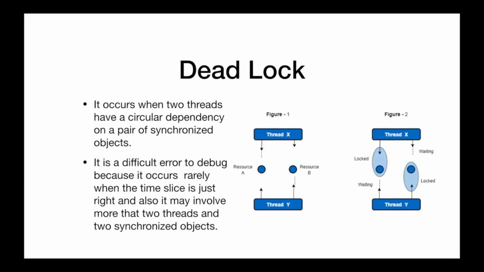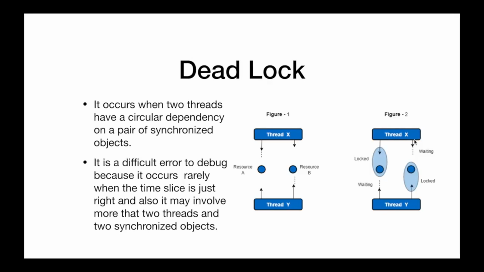Before moving to the locks, there is a special condition with monitors and also with locks which is called deadlock. Deadlock is a condition when two threads have circular dependency on a pair of synchronized objects. As in the figure you can see that there are two threads X and Y, and there are two resources A and B. Thread X takes the lock of resource A, and thread Y enters into the monitor of resource